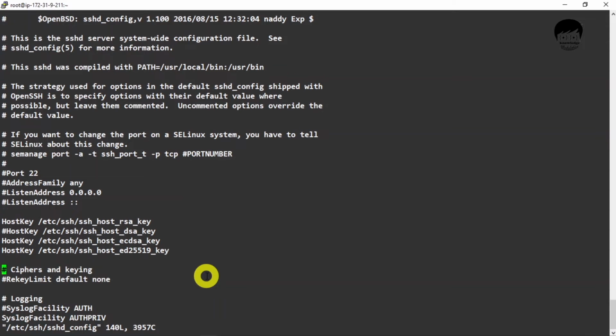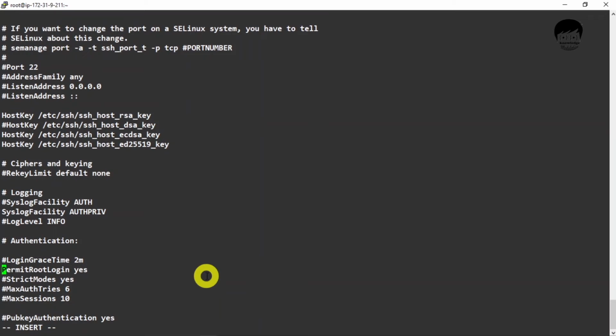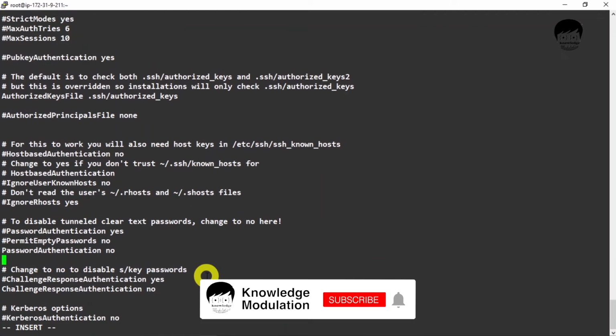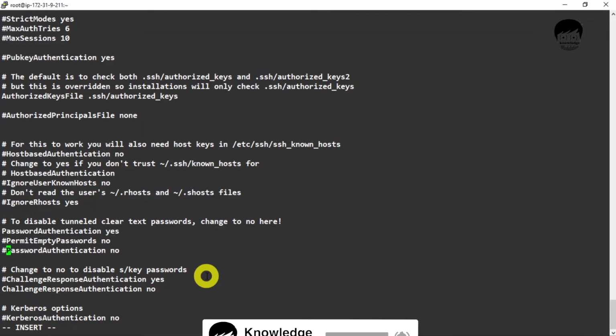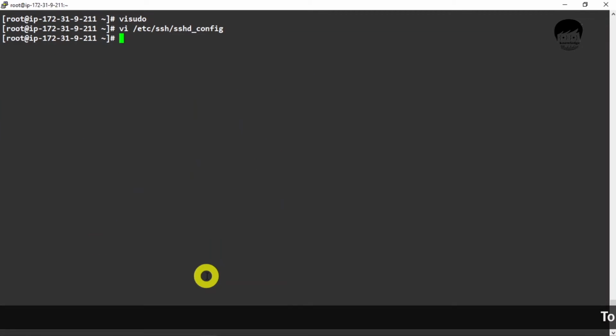Again we have to allow PermitRootLogin yes. Then the second thing is PasswordAuthentication. Okay, here it is. One is uncommented and the second one is commented. That's it, these three changes we have to do. Save it. Again we have to restart the service.